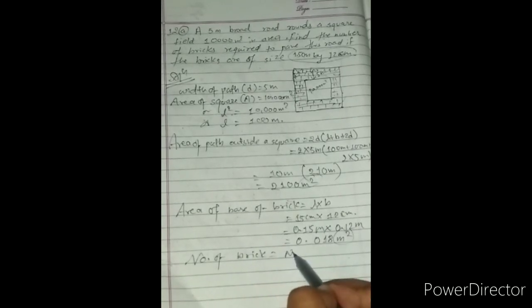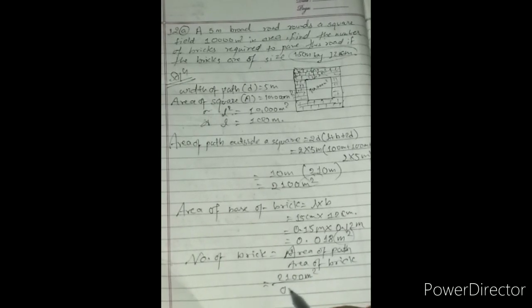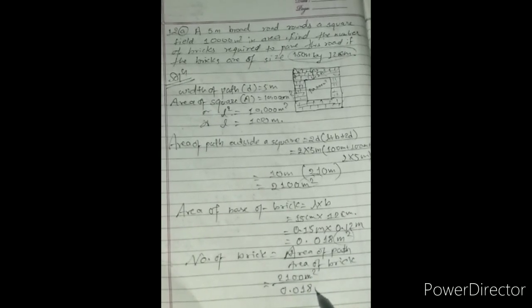For that, area of path should be divided by area of brick. Area of path is 2100 meter square. Area of brick is 0.018 meter square. 2100 divided by this, then we get